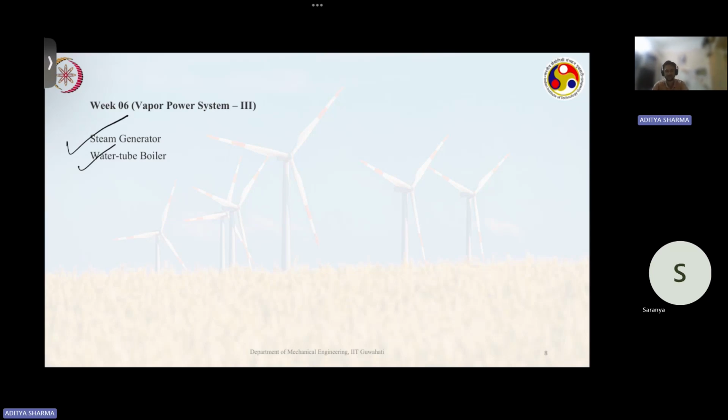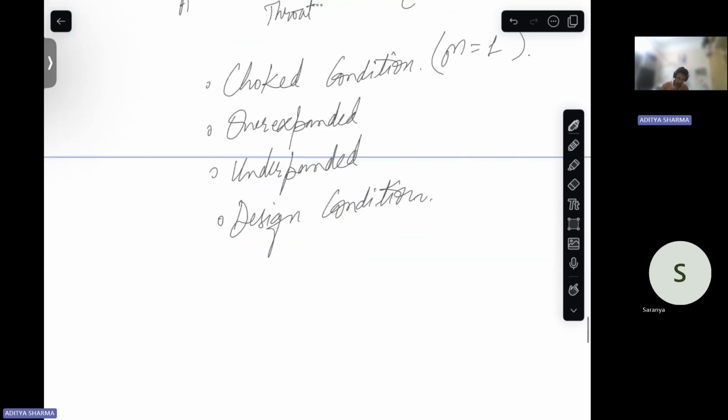Week 6 basically is on your boilers or steam generators, right? Parts of steam generators are like economizer, boiler, superheater, reheater, air preheater, right? It has a steam drum. What is a water tube boiler? Parts of water tube boiler are